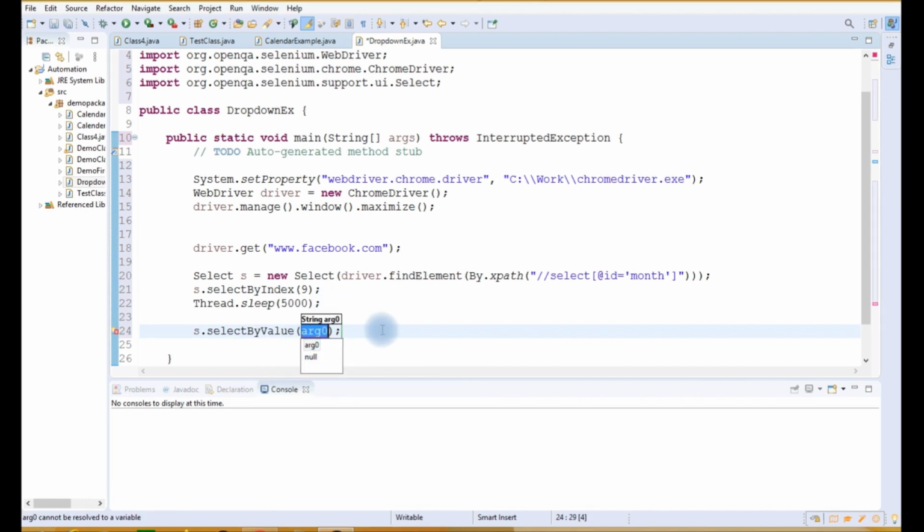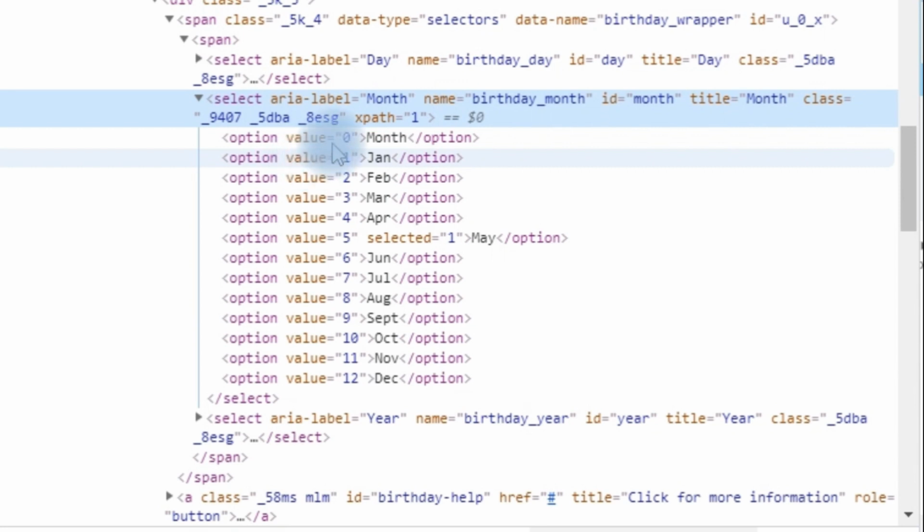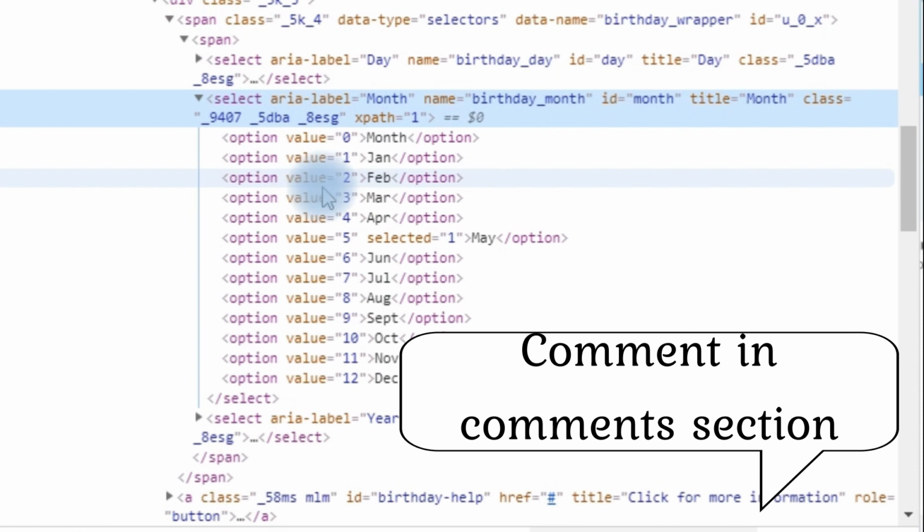When we use select by value, it means there should be a value attribute present in the drop down. As you can see here, the value attribute is present, right? And the value of this value attribute is written over here.